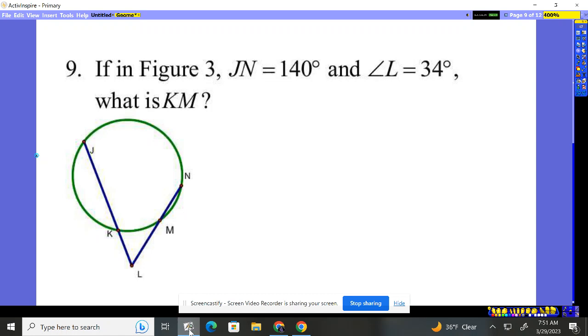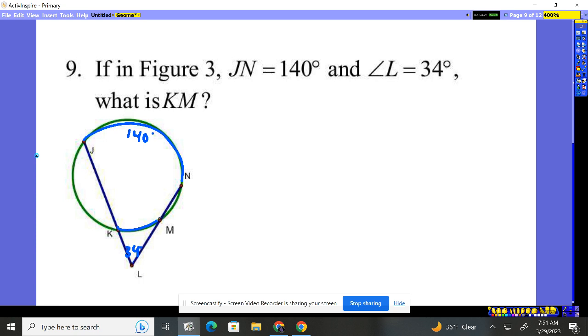Number 9, in this figure, arc JN is 140. So here to here is 140 degrees. It says the angle down here is 34, and it wants to know, what is this arc? Well, what is the rule when we're dealing with arcs and the angle is on the outside and we're dealing with